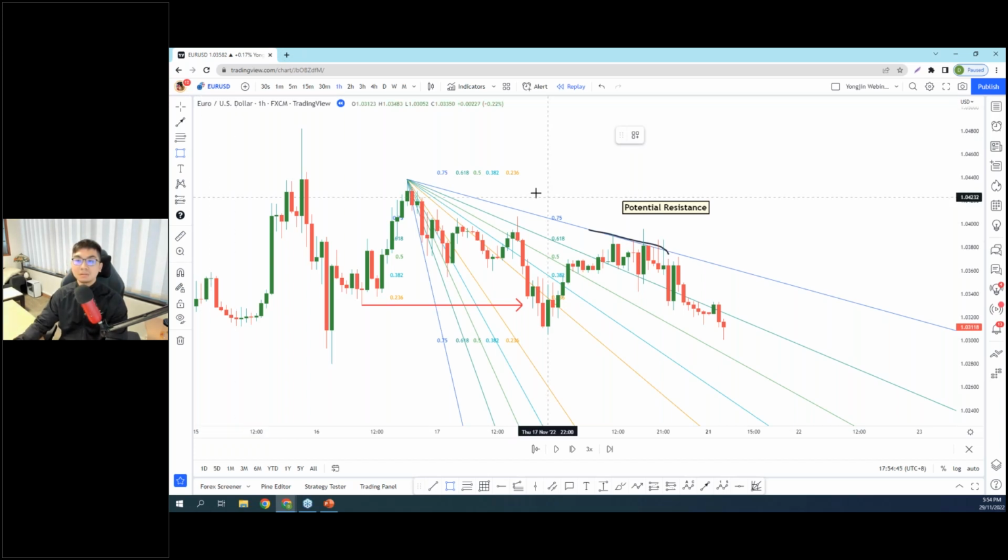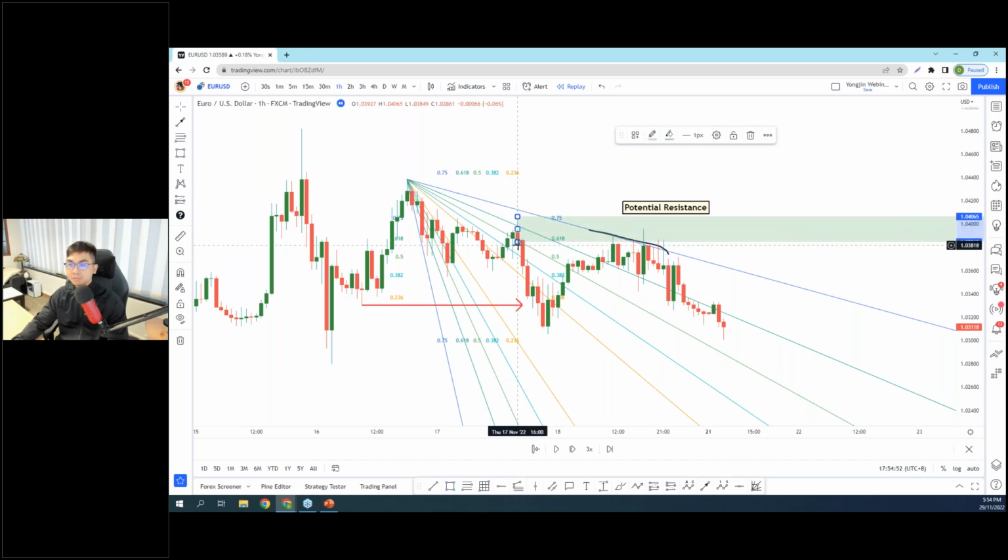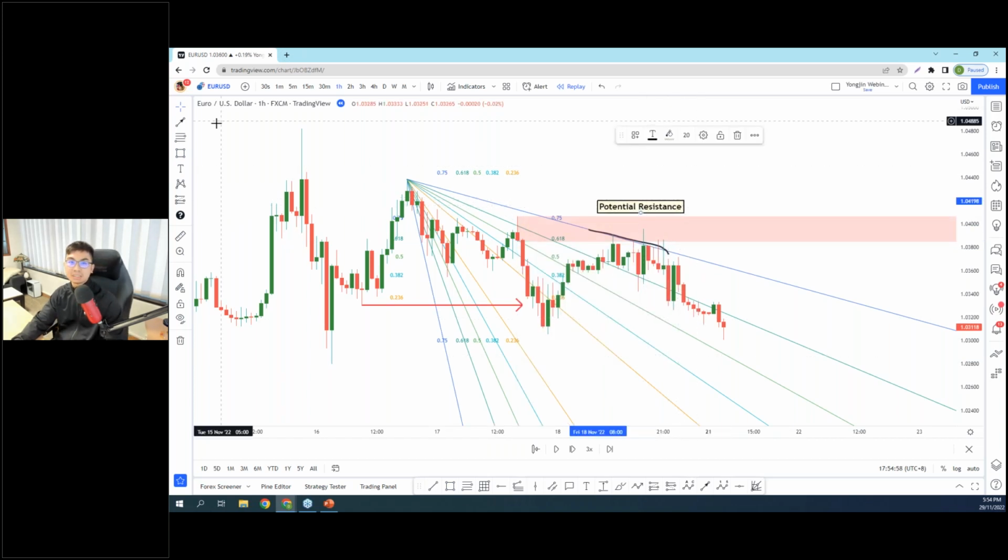Maybe some people like to use demand, supply, all these kinds of methods to draw. So you can actually draw it from here. You can take a look very nicely. You can draw a classic resistance area, and it's in line with the